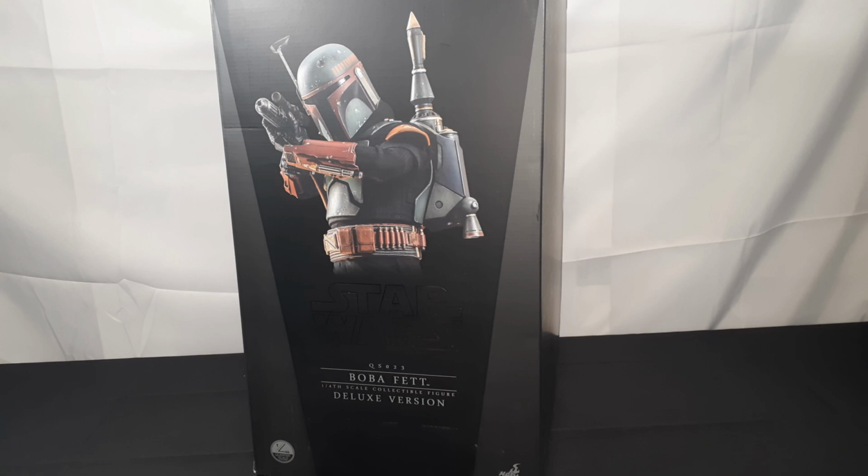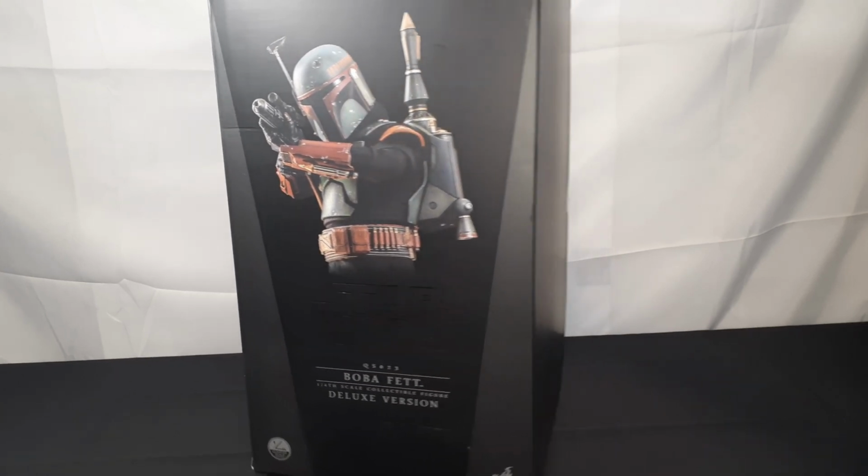So as usual, let's start with the box. As you can see, it's pretty massive. This is the new box type that Hot Toys uses now for the color scale figures. It's a little bit different than before,